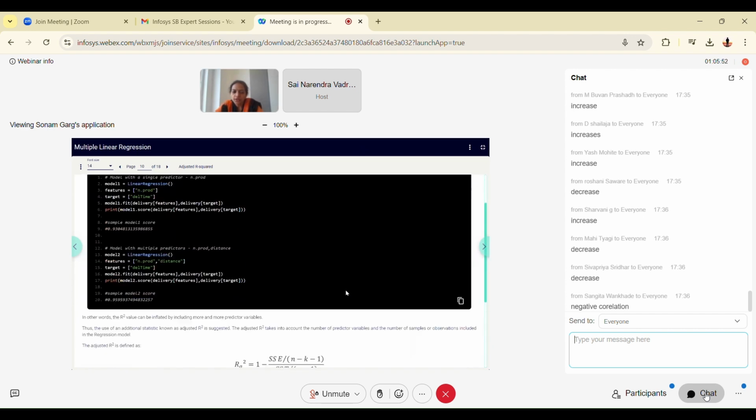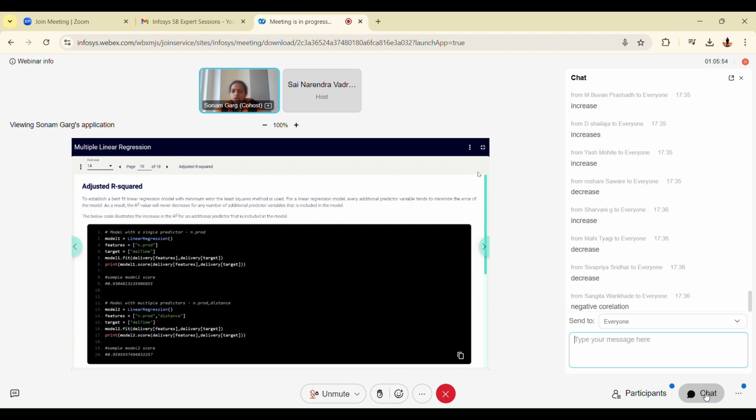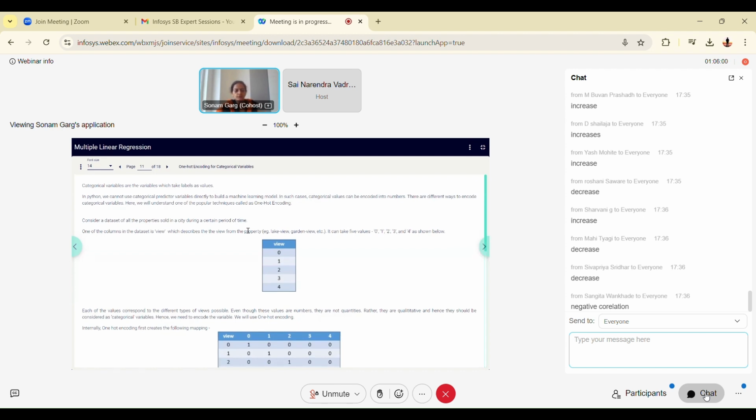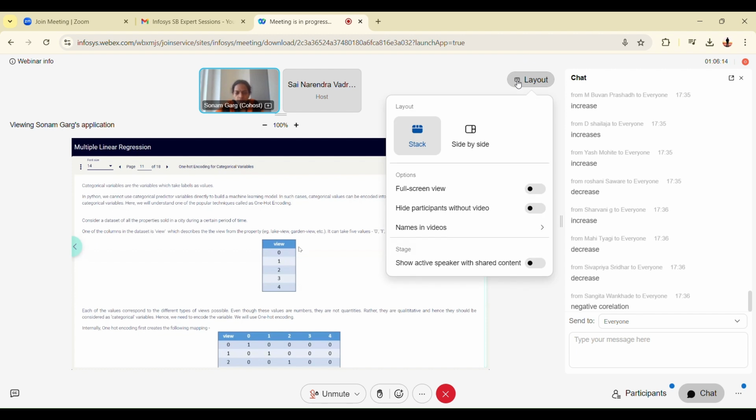So this is one example which has been taken on a small data set. We'll go for a full-fledged example, but before that, we'll first understand this concept because it is an important step before we start using the actual data set. So we have different types of data in predictors.